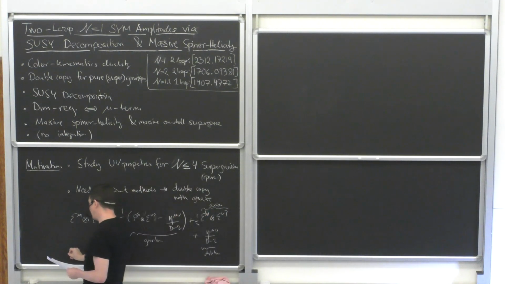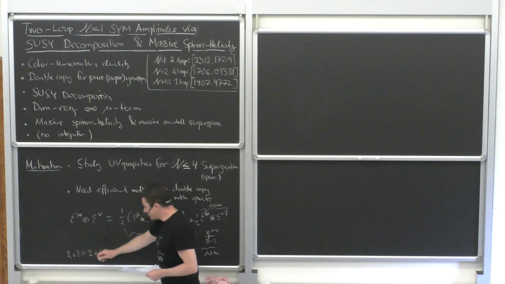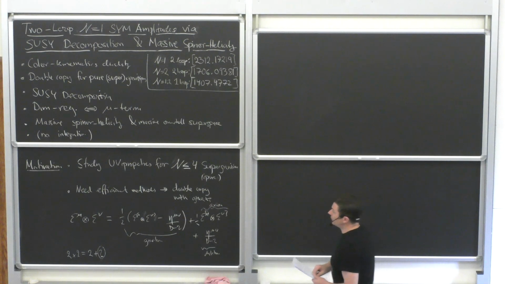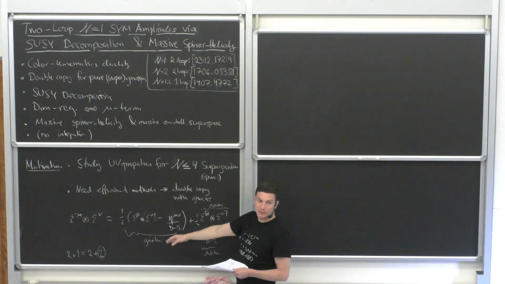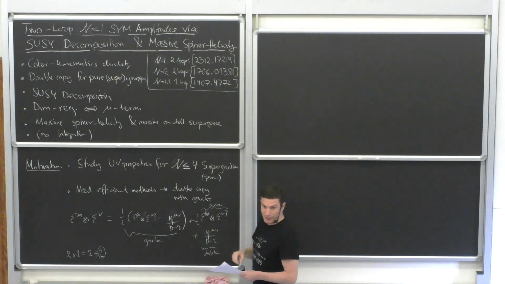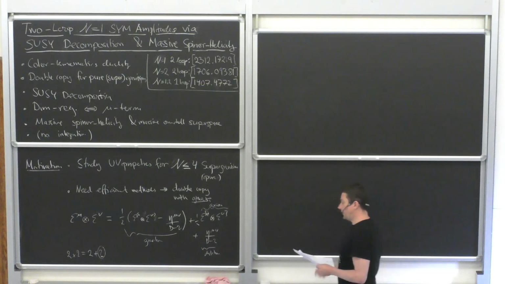If you just think of helicities, we know that there's 2 helicities in Yang-Mills, and then you double copy it with 2 helicities, and then you get this identity, of course, that 2 times 2 is equal to 2 plus 2. So these are the extra states that we don't want, axion and dilaton, and we need to get rid of them. When we're above n equals 4, it turns out that those states are actually just part of the graviton multiplet, so we don't need to worry about it. But when we go below n equals 4, we need to remove these states, and that's why we need some prescription that removes them, and that's essentially a ghost prescription.